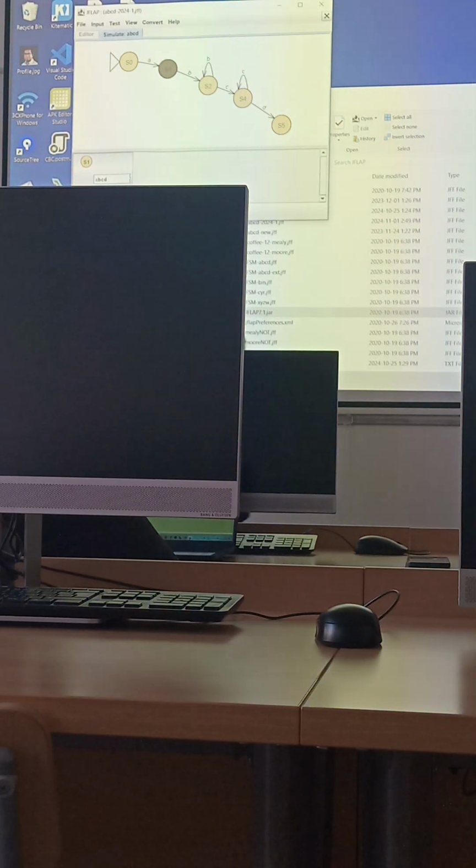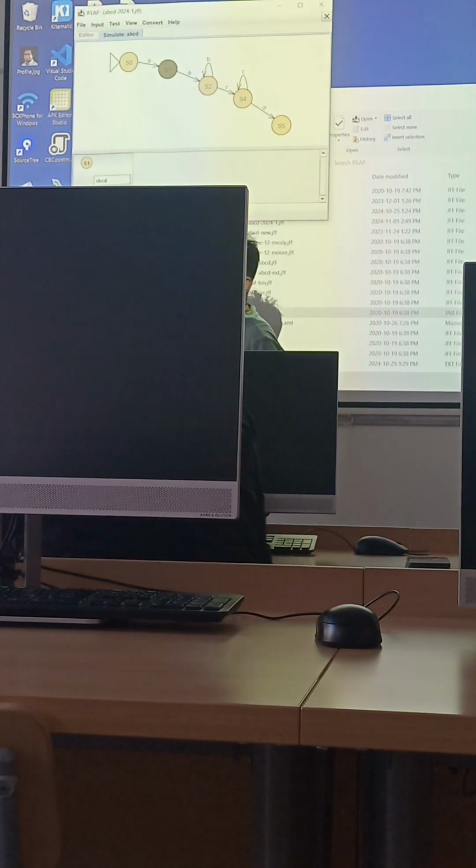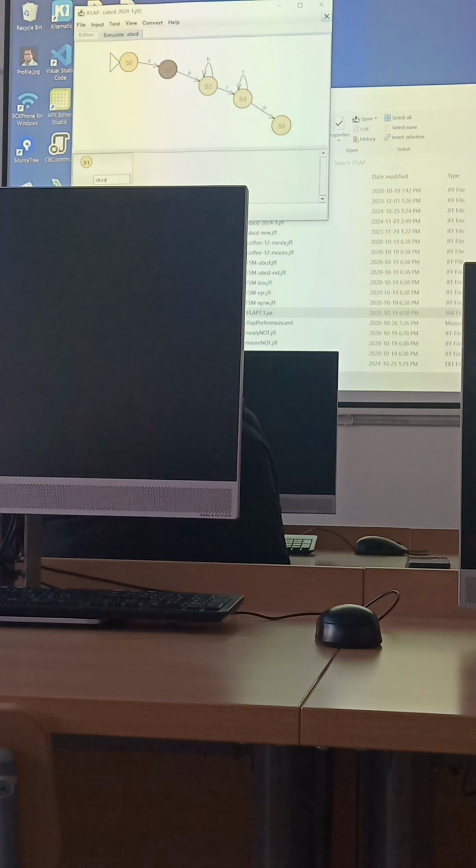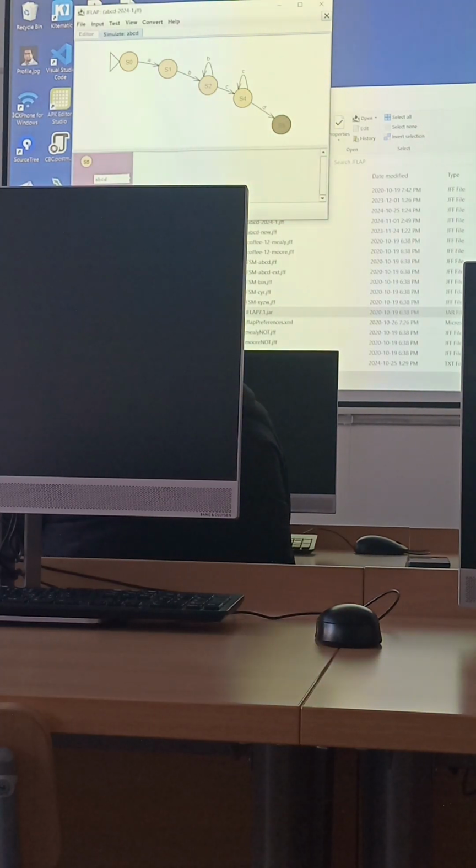Like this A is now grayed out, right? So when I press this button once, then you will see this A is consumed, and you go to the second step, S1, right? And then if you press again, so this B is also consumed, and you go to the S2 state, right? And then next one S4, and next one S5, and then